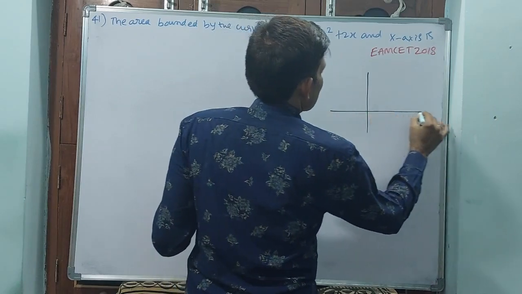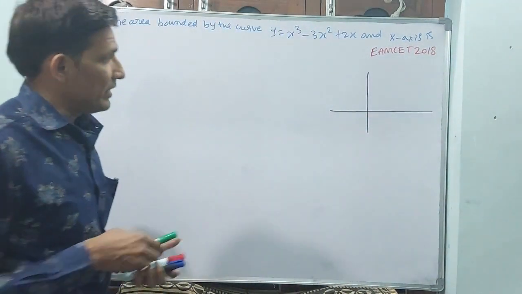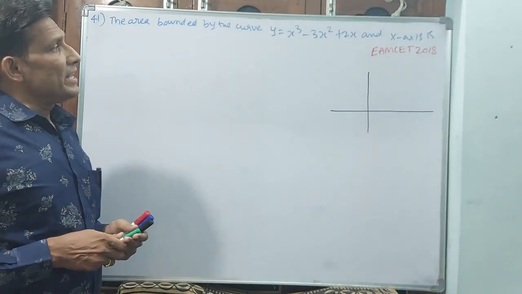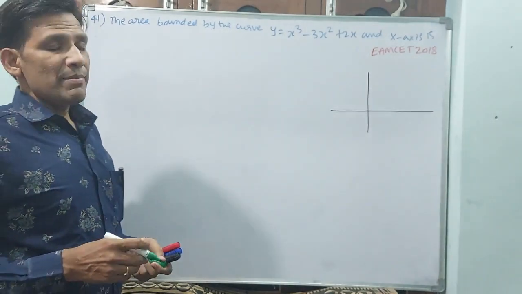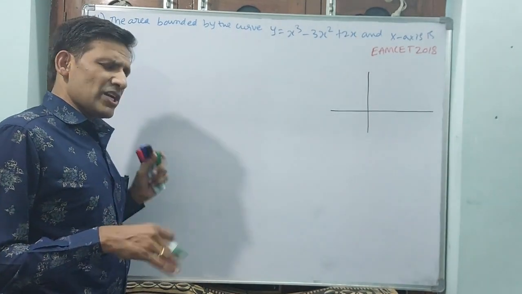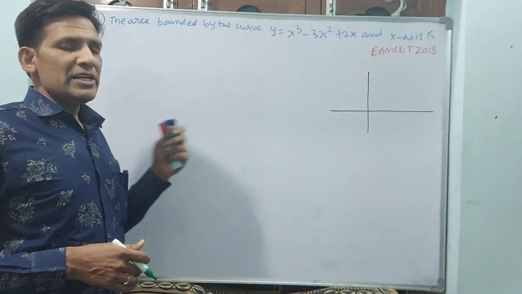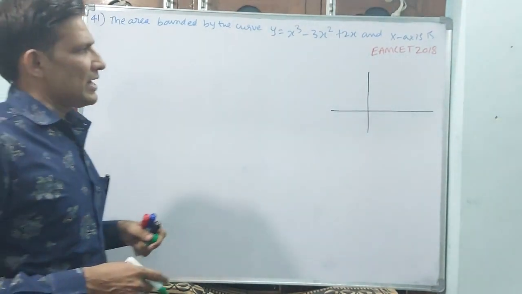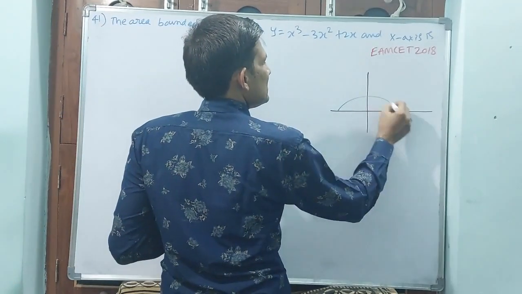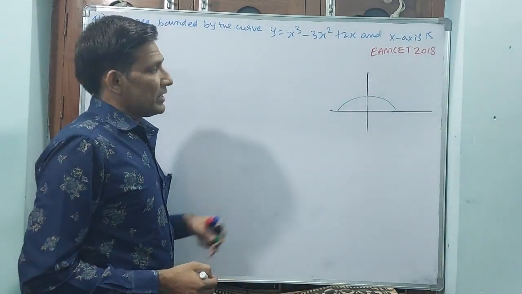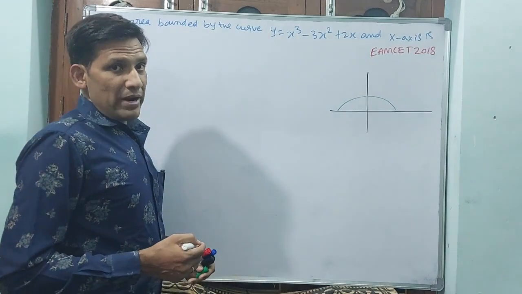See, normally this is the x and y axis. One curve is there and the area between the curve and the x-axis. Like this question, we have already done. Why should we take this question again, we may think, but it is a little bit different from that question. Earlier we have done it like this, and this area we found, but not now.